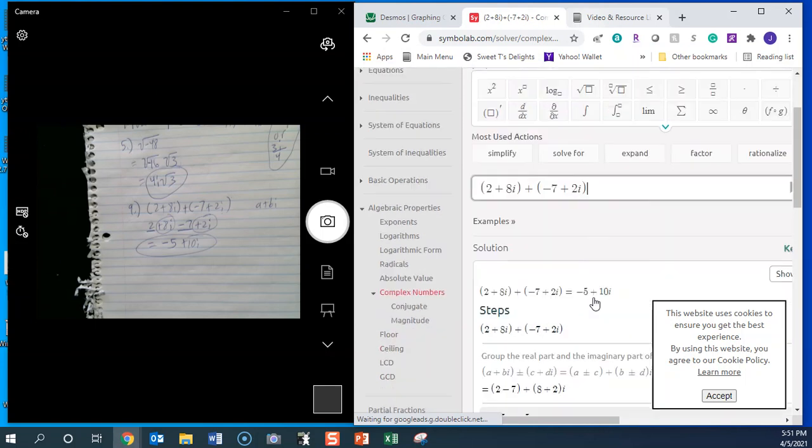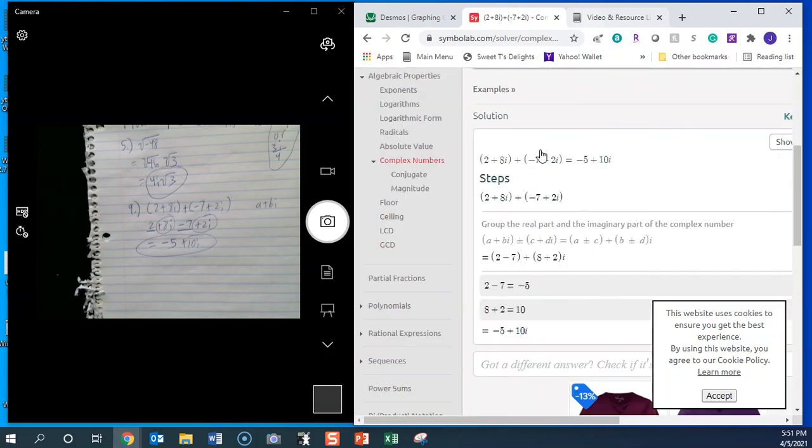And once you press enter, you come down here and it shows you the solution. It actually shows you the steps as well. Basically the same thing we did, and it gives you the final answer, negative 5 plus 10i. Okay, so now I'm going to leave this calculator up for a moment, and we're going to move on to